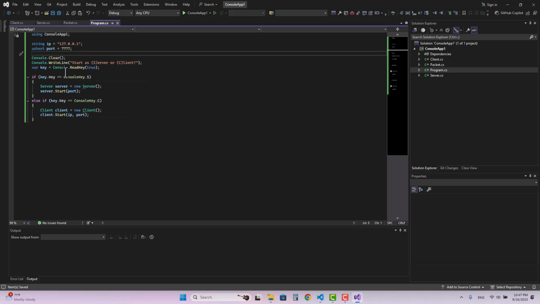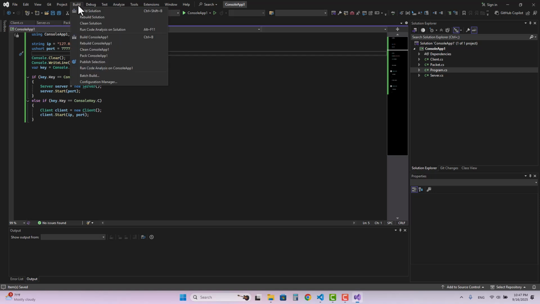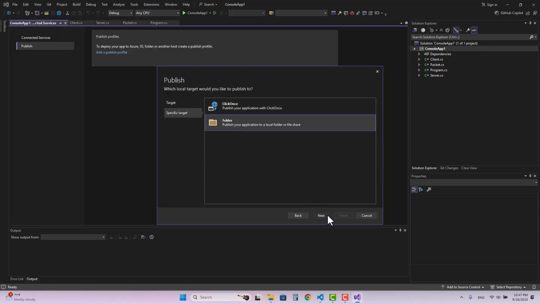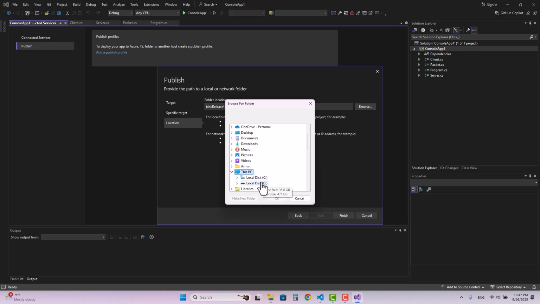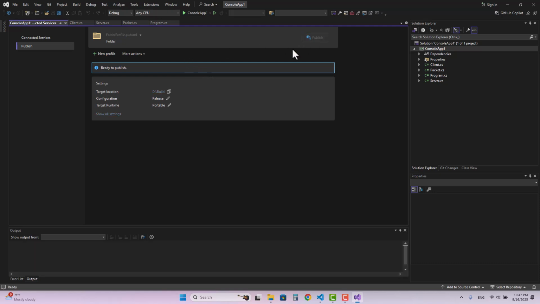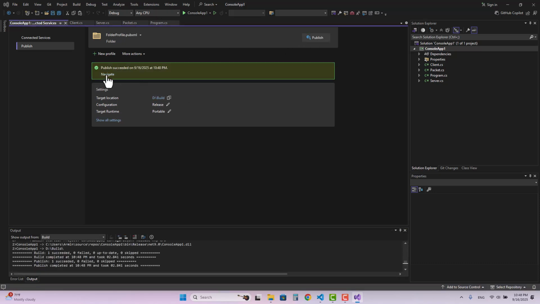And by the way, if you're using the older versions of the Visual Studio, you're probably going to have a method here called main. So this is the code that goes inside the main function. Let's test our project. I'm going to publish this inside a folder, drive D and build. So I'm gonna place it over there and publish. Now if I navigate there,